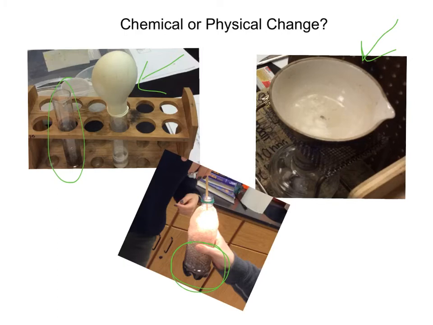I apologize, I mean the glowing splint test, right? It's flaming now, but it was glowing when you first put it in there. We mixed together 2 chemicals here, a clear liquid called hydrogen peroxide. We put that in first, and then we added a spoonful of that black powder, manganese dioxide, and right away